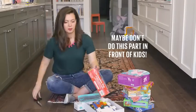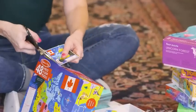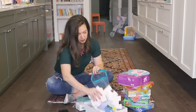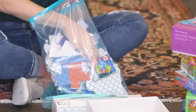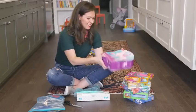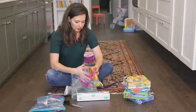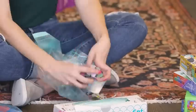The only thing you really need to remember is to keep the picture of the completed puzzle for reference. It's always on the front, but sometimes there's a smaller one on the side. Cut out and save whichever will fit in the bag. You could tape it to the front of the bag, but I just toss it in with all the other pieces. Okay, we have a few of those puzzles that have really thick packaging and do not break down so easily. I'm not saying to get rid of those puzzles, but if they go missing...